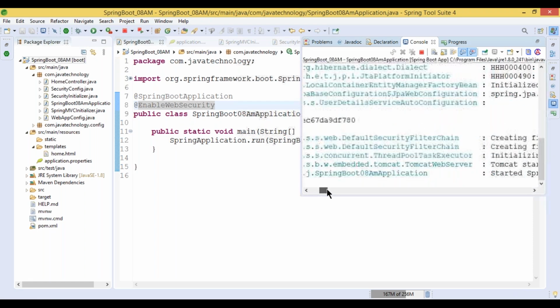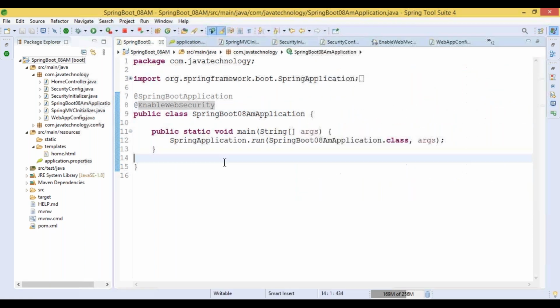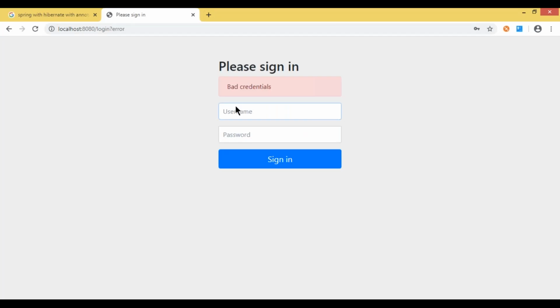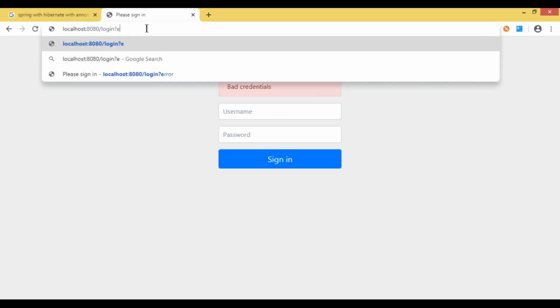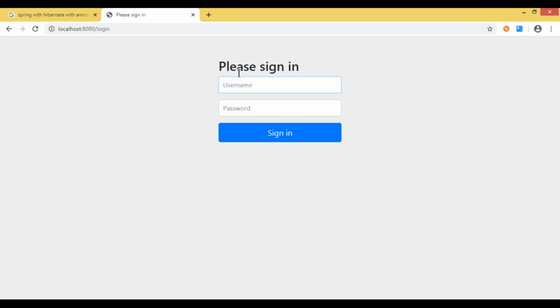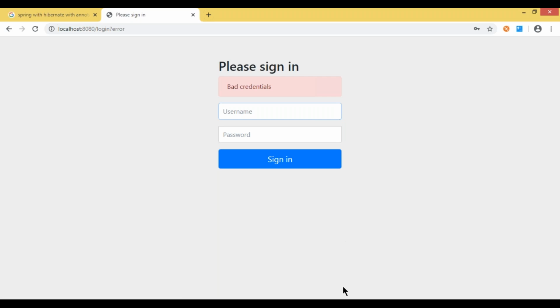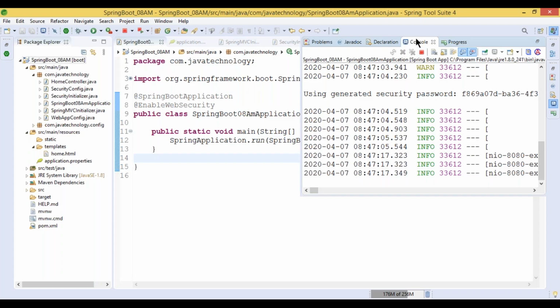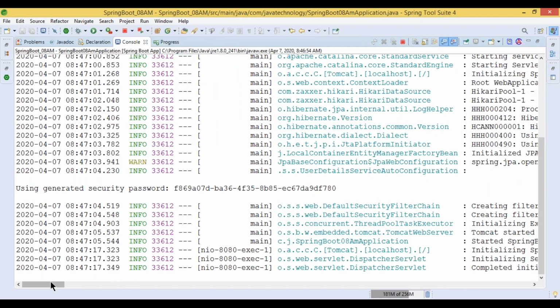Still it is generating the default. I hope it is still working on the Spring default. Okay, so I hope it's working on the default mechanism.